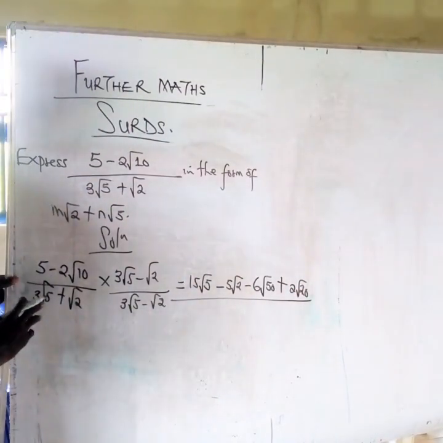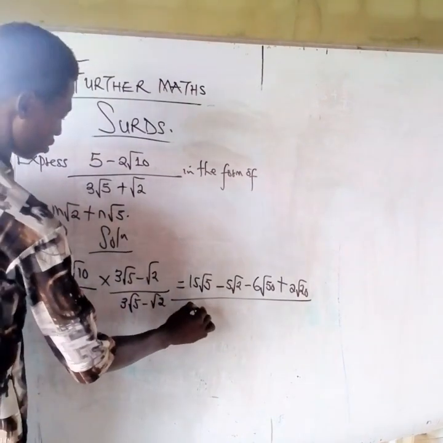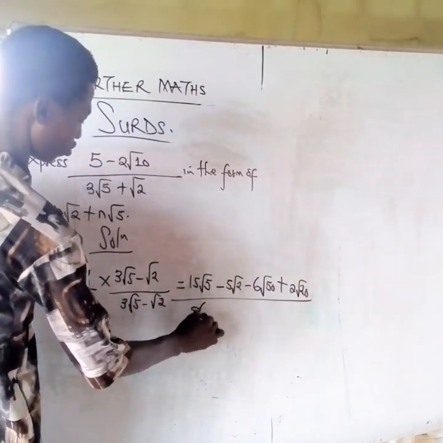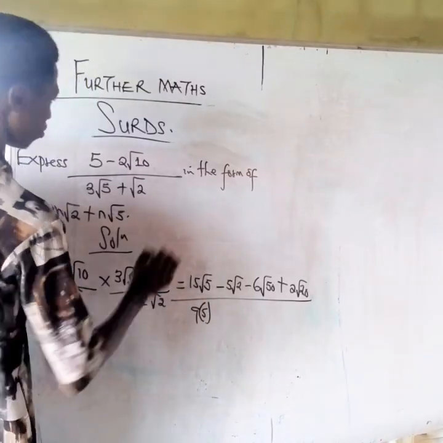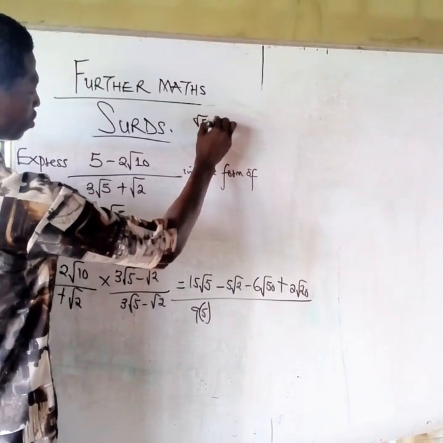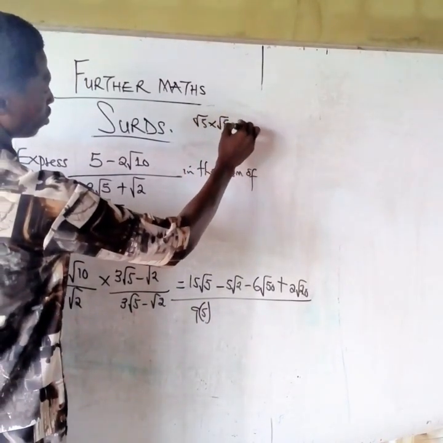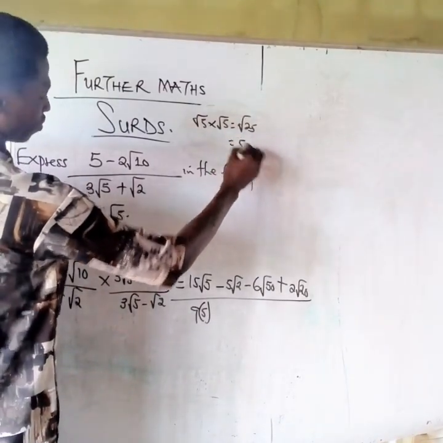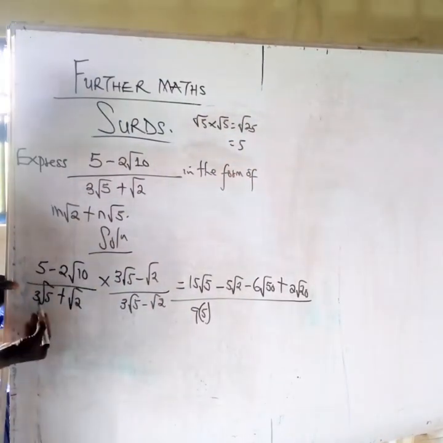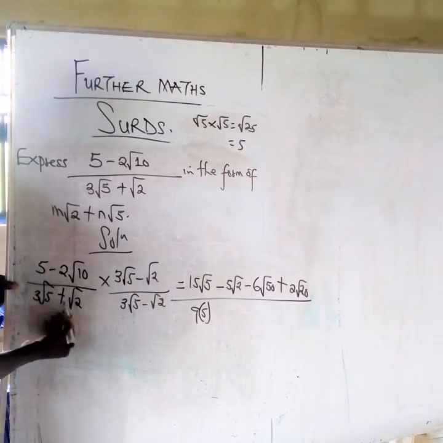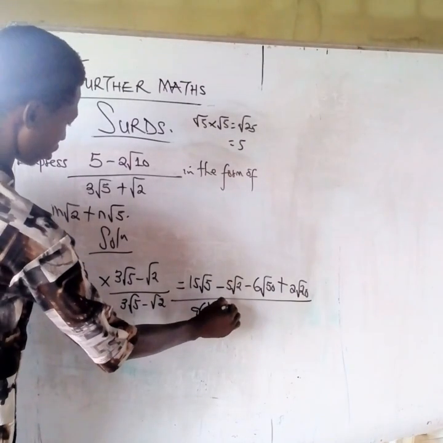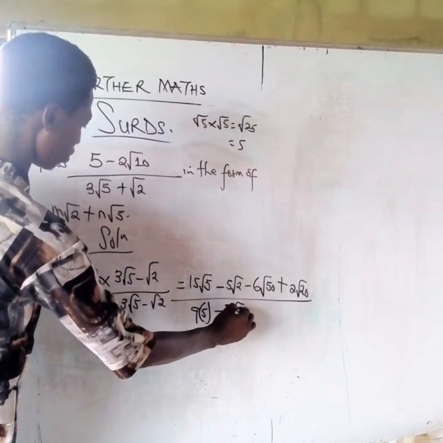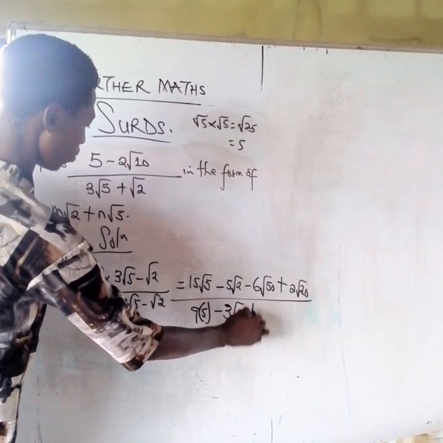Okay, so you have 3 times 3 is 9. Root 5 times root 5, I guess you should understand by now that it should be 5, because root 5 times root 5 is equal to root 25. Square root of 25 is 5, so that's why. So you have root 3 root 5 times this gives you minus 3 root 10 plus